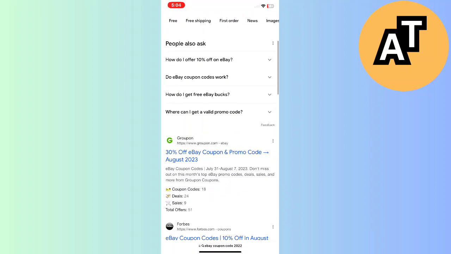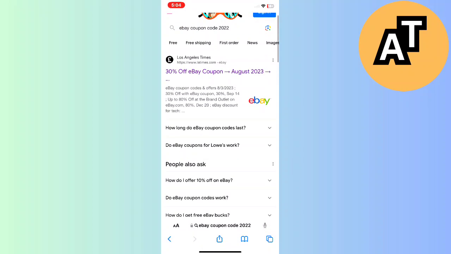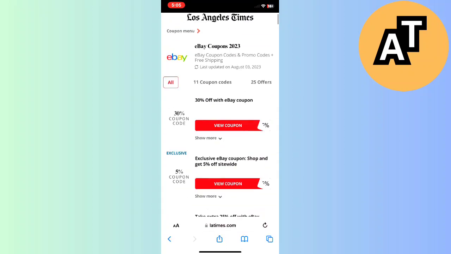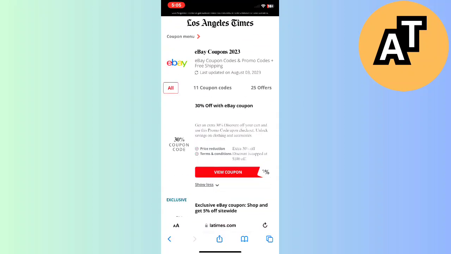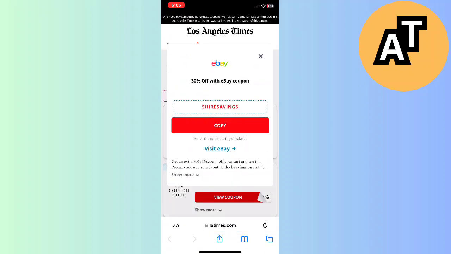You can see there are a lot of websites showing coupon codes, but you have to choose the best website, that is Los Angeles Times here. You will click on it and you will find a lot of codes here. I will just scroll down and you can see there are 5%, 20%, 30%, and all types of coupons. To see a coupon, you just have to click on the view coupon option,